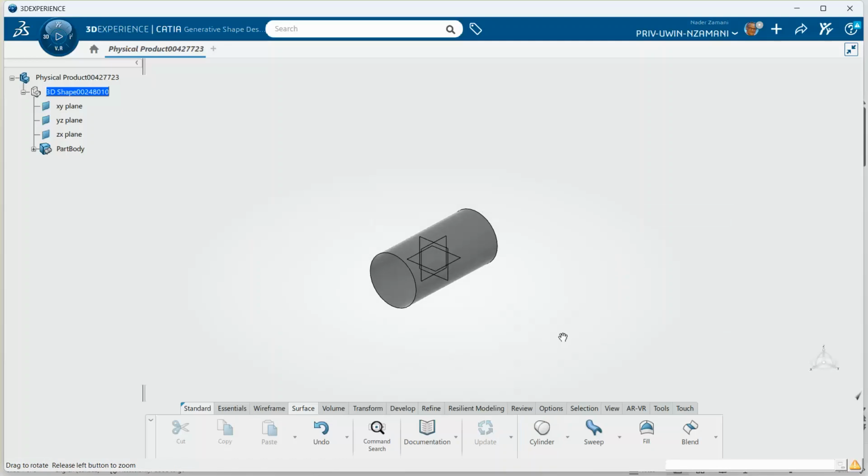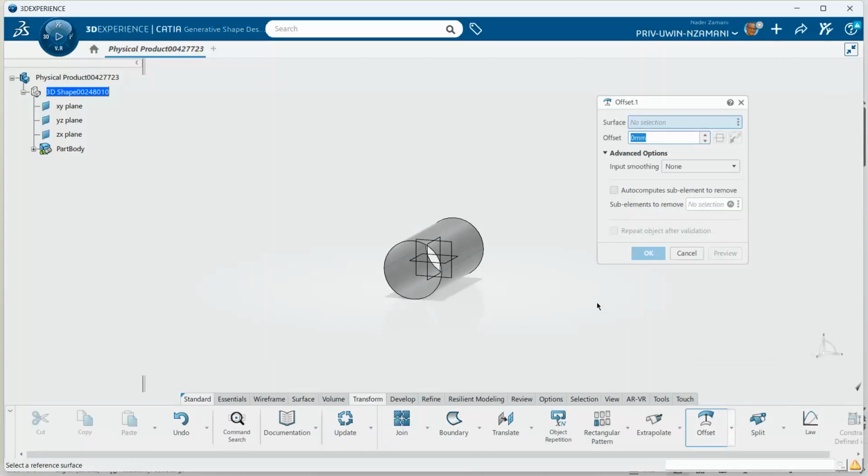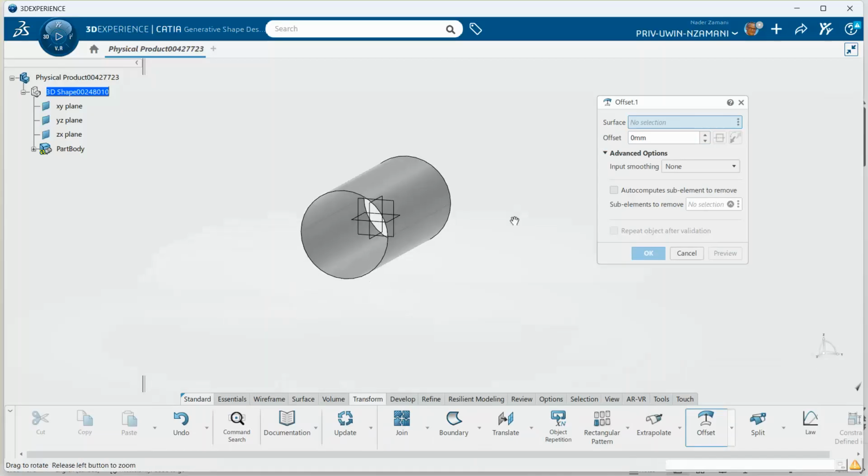So this is a cylinder. It's a surface. Now, what I'm going to do is go to the transform tab. Here is offset. You click on it. It's asking you to select the surface. I'm going to select this surface,